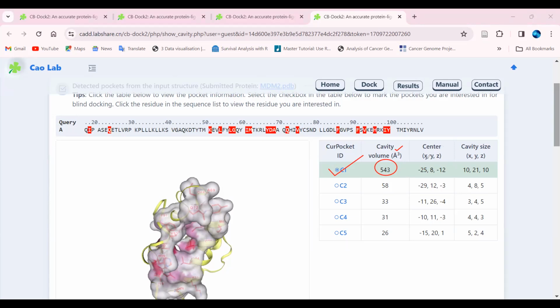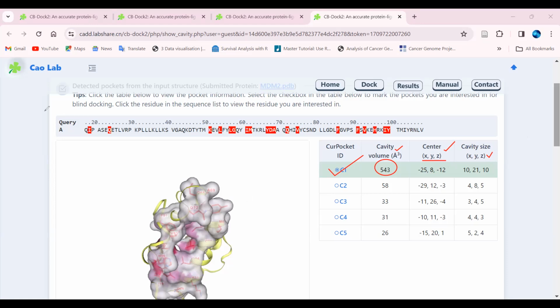Whereas apart from this, it will also provide you an X, Y, and Z coordinate. That is really important. Okay, for any kind of docking study, we need the X, Y, Z coordinate so that we can just begin our docking study, probably by using Autodock Vina, right? And then the cavity size is also provided over here. That is, all the things are there in front of you. And then the simple thing is that you have to just explore how this region of the cavity is there.